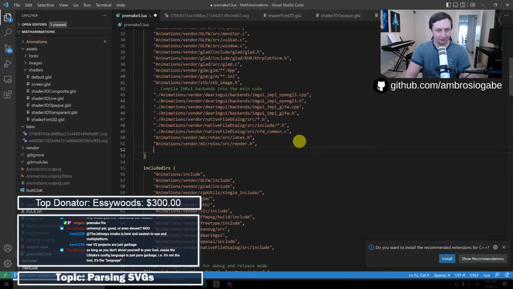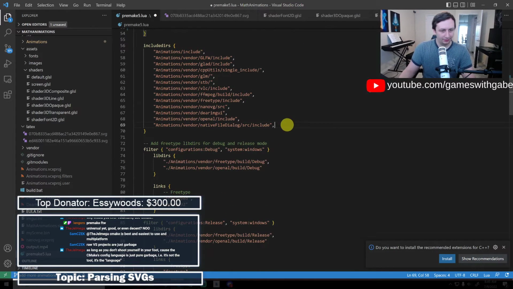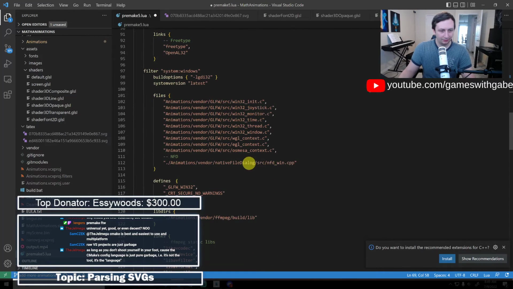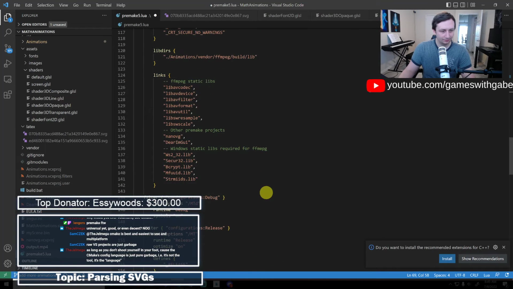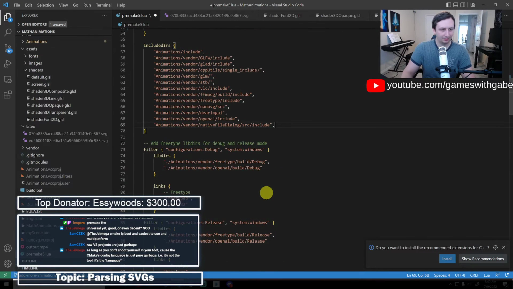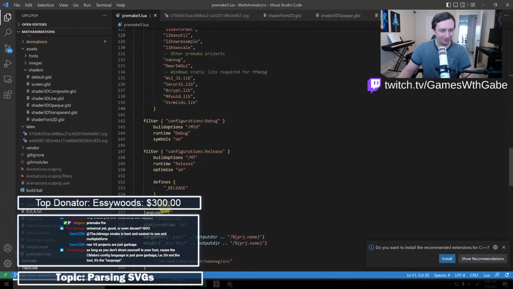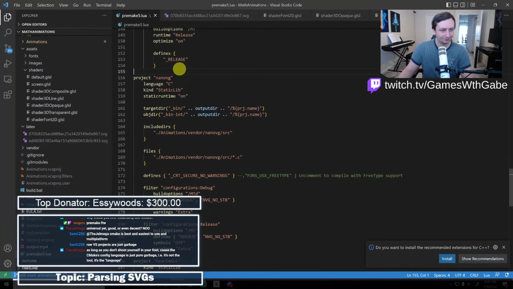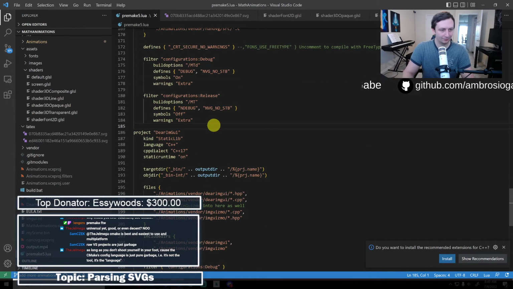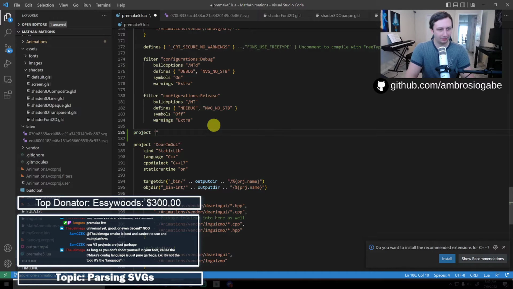No. Okay, let's just go ahead and add that real quick too. So I can go ahead and add tinyxml2 into here. Actually, I'm going to do this as a separate thing in here because I don't want to pollute my namespace. Okay, so what we'll do is we'll go down here. Say project tinyxml2.